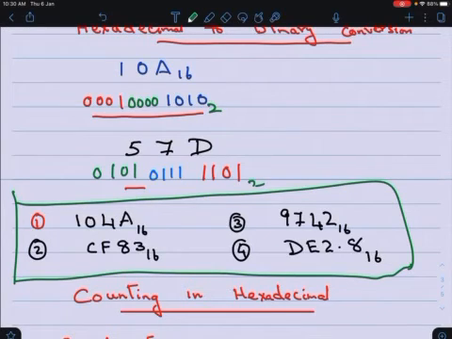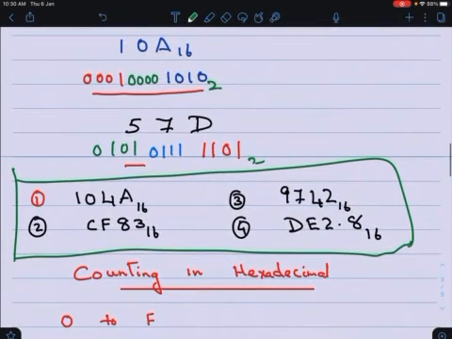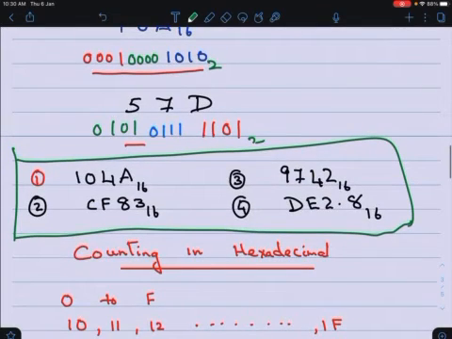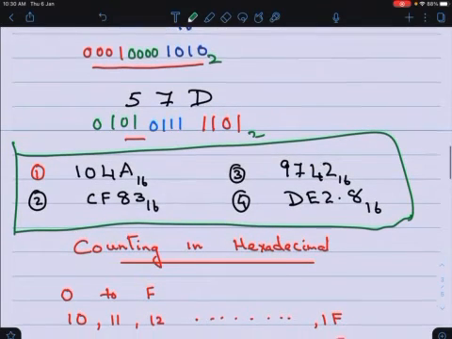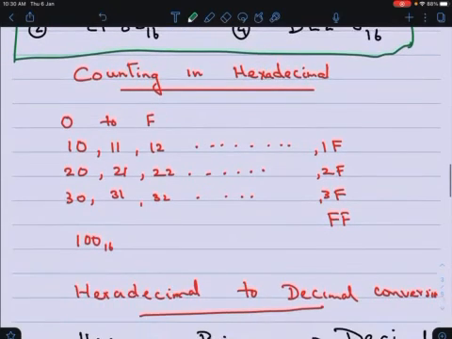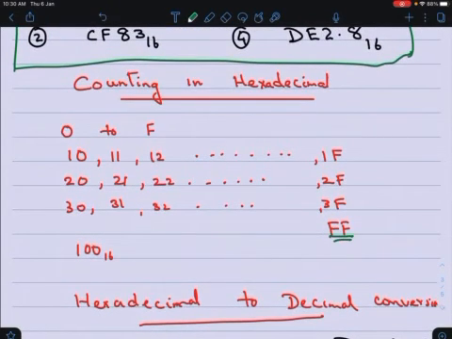Similarly, in hexadecimal you have the same thing. You start with 0 to F, and after it gets exhausted you go to 10, 11, 12, etc. to 1F. After that it gets exhausted. Again you go to 20, 21, 22 till 2F, 30 etc. to 3F, and so on till FF. It gets exhausted, and then you carry on to 100.